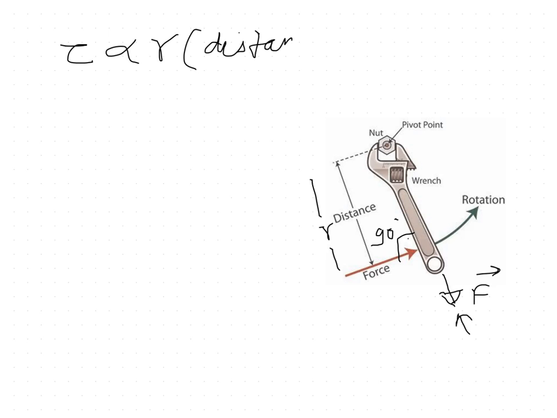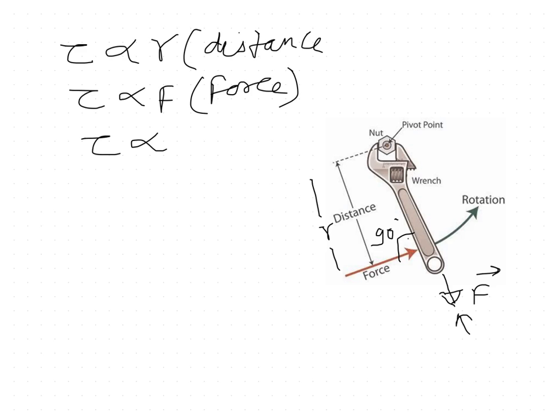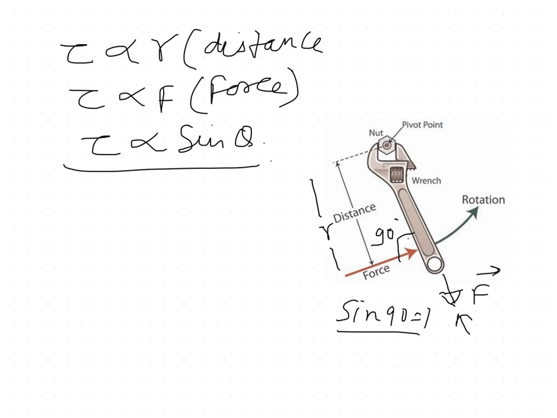So the things required to define torque are, first, the distance from the axis of rotation. Torque depends upon distance from the axis of rotation. Second is the amount of force we are applying, and third is theta. When theta is 90, we get the most effect. Sin 90 is equal to 1, the maximum value of sine. So torque depends upon sin theta. These are the three factors on which torque depends. If we combine these factors, we can write tau = rF sin theta.